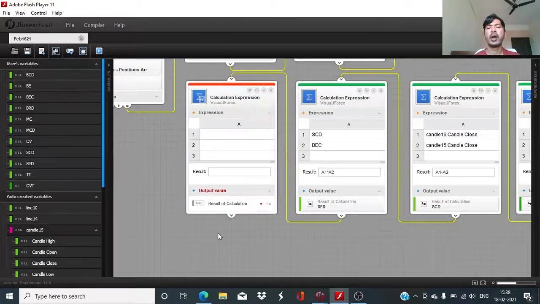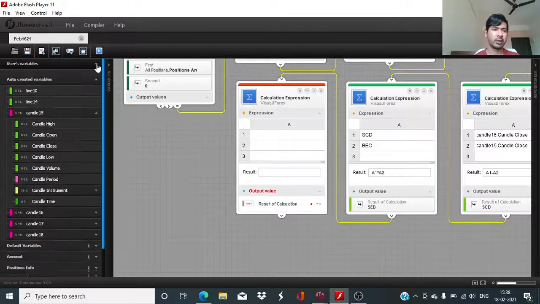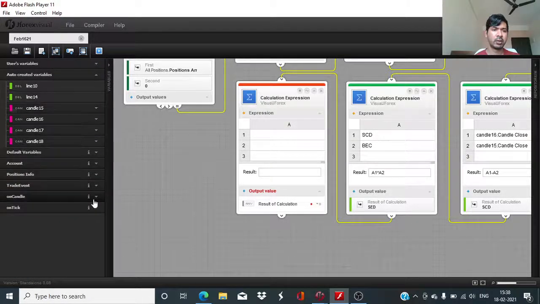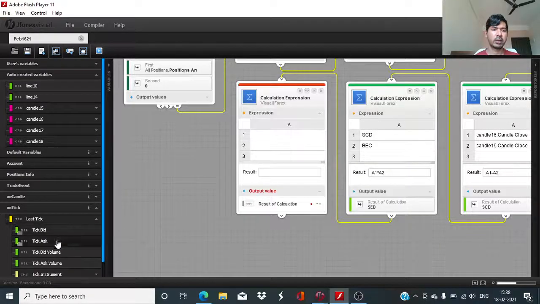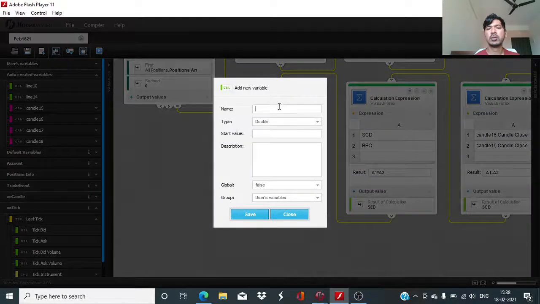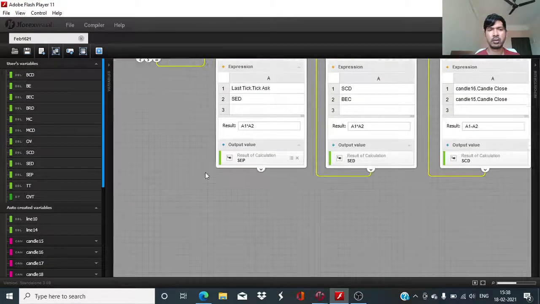and this needs to be added to the last tick ask, on last tick ask plus the difference, 40% of it, A1 into A2, and this will be the sale execution price. Okay,